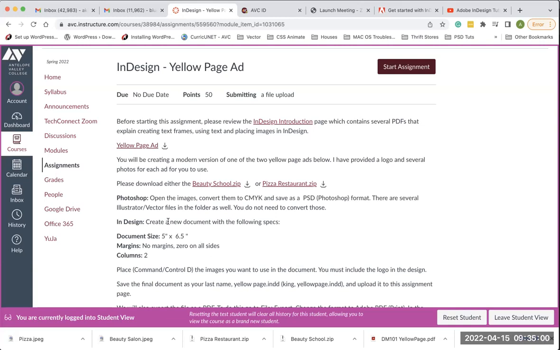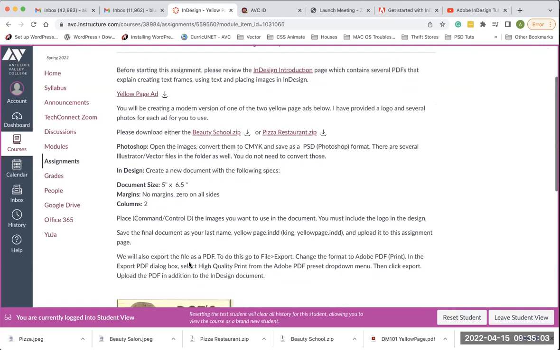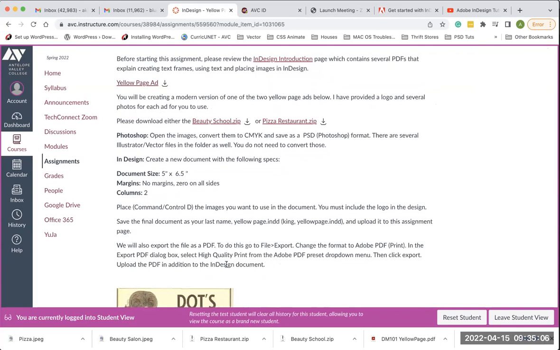Okay. And then we're going to create a new document in InDesign. And then this talks about the steps, how to get things onto the page. So again, I had mentioned in the first video that I think InDesign is probably one of the easiest applications to use, but the difficulty comes in with you deciding where things are going to go on the page. InDesign is not going to help you with that. InDesign is not going to tell you where to place things on the page. You are going to decide that based on if it's something you're designing for yourself, or if you're designing it for a client,